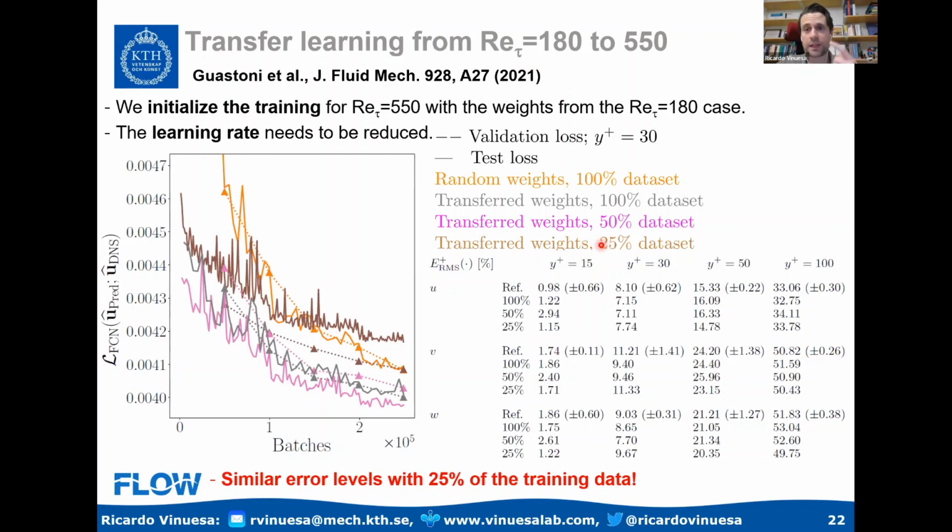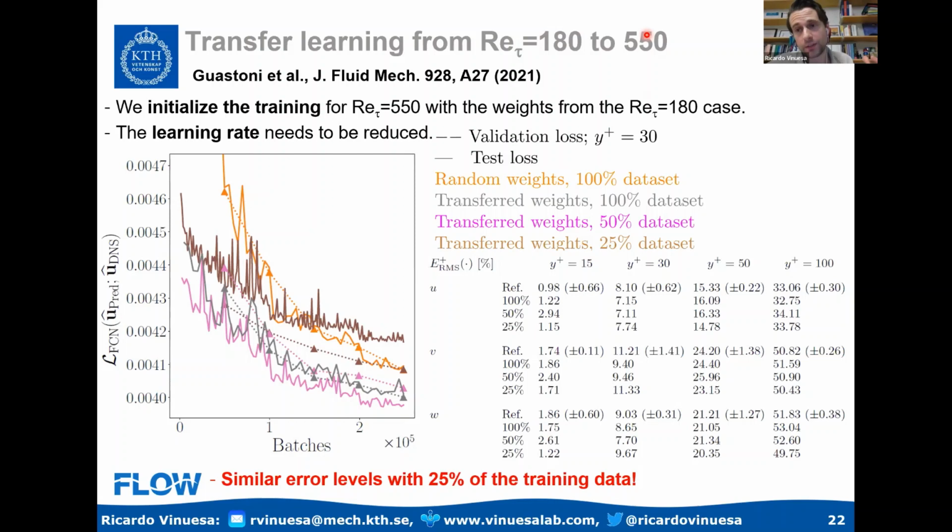Doing so, what we can get is, again, the same level of performance, but we can reduce the amount of training data by a factor of 4. This is actually quite amazing, because if you think about it, the simulation at 550 is significantly more expensive than the simulation at 180. So if I can do most of my training at a very cheap simulation that I can run on my laptop, then the requirement for a more expensive high-fidelity data at high Reynolds numbers is significantly reduced. So transfer learning, I believe, is an essential tool to consider in fluid mechanics when we're using machine learning,